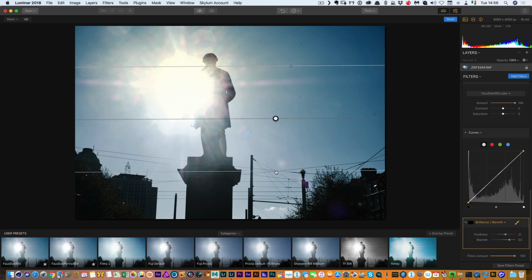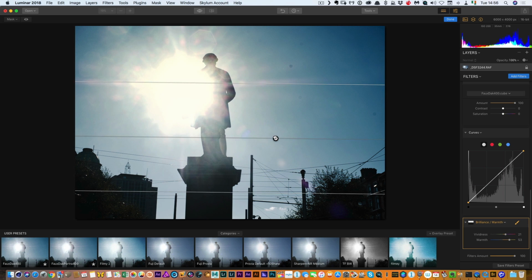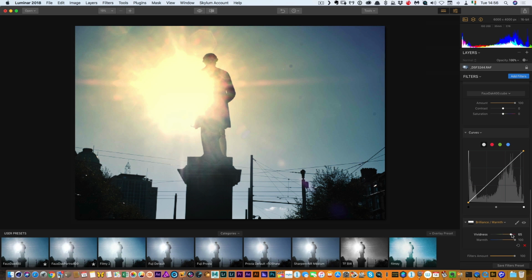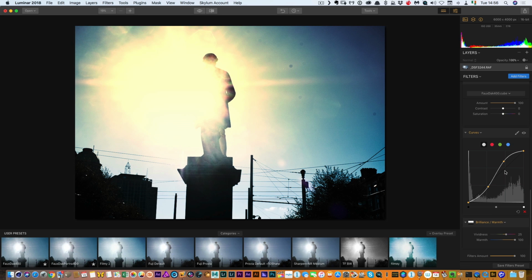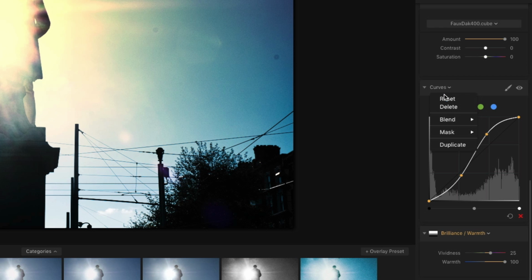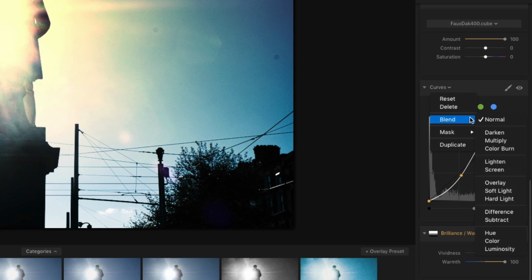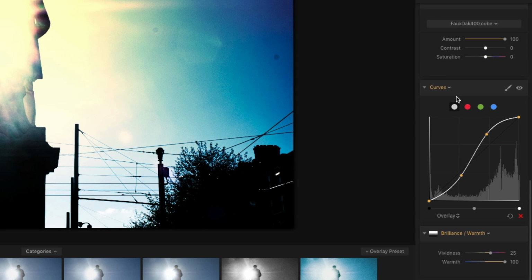There we go. That's now created a gradient mask, and I just hit done. And so, for example, if I bring this up, you'll see it's just affecting the top of the image. Okay. So there's a few other things you can do on individual filters. I'm just totally ruining this image here just for the sake of showing you how this works. So you can also add blend modes to individual filters. So things like overlay,